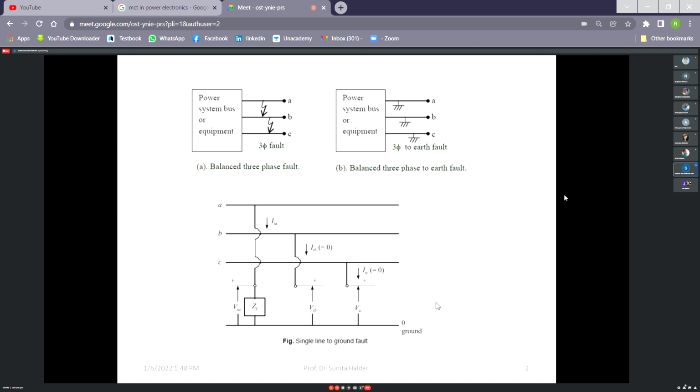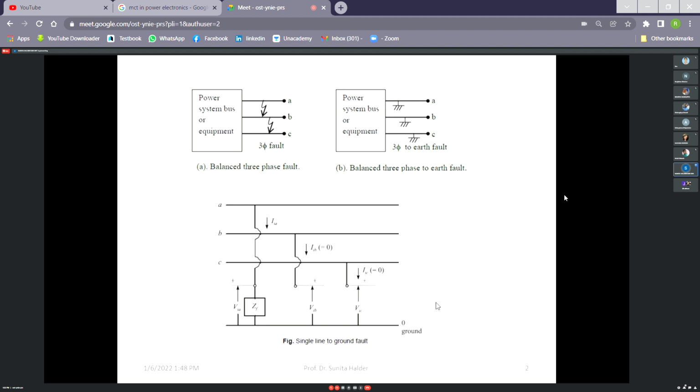It may happen that insulation has melted within a cable and two conductors get short circuited. So that is also a short circuit, and that fault will not go away instantly. If you allow time to continue, the melting of that insulation will continue, and the fault will become more severe. That's why fault calculation is very much important.